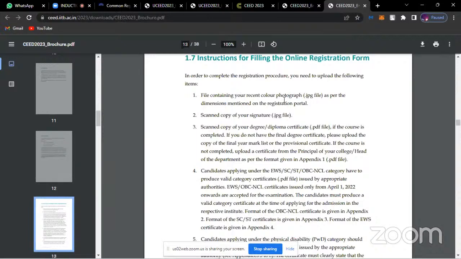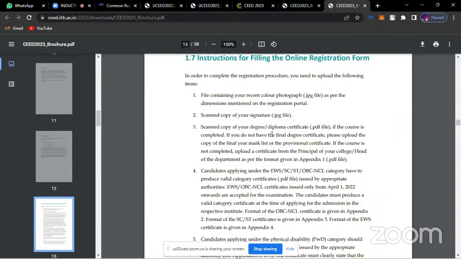All right. So again, instructions for how to fill the online registration form. You should have your recent color photograph, scan copy of your signature, scan copy of your degree or diploma certificate in PDF format. Please take care: if it is just a picture, if it is in a JPG format, your certificate or your degree will not be accepted by the computer system itself.